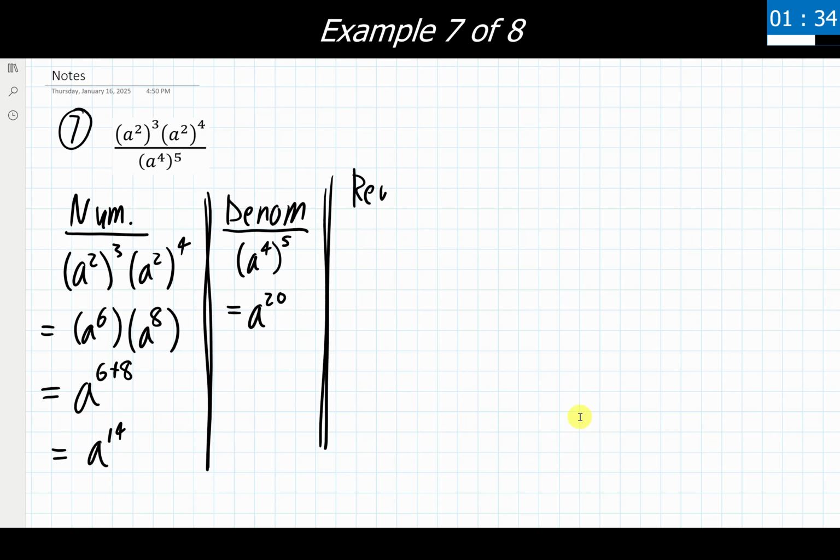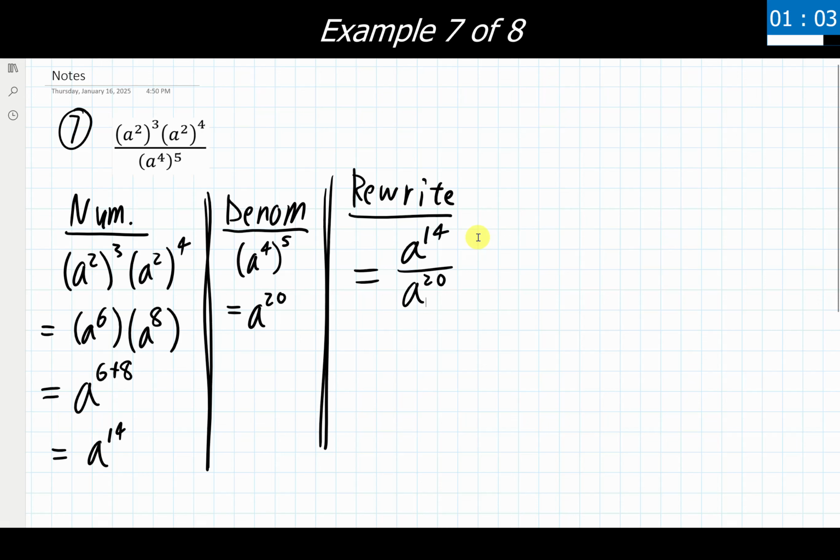And we'll just title this column as rewrite. So I'm now going to have a to the 14th power over a to the 20th power. Much nicer to look at, and I think it's much nicer and easier to keep track of what we're doing along the way. Otherwise, you're kind of applying the power rule here, kind of applying the power rule here. Am I applying quotient rule yet or no, or all that? It can be an absolute mess if we're trying to do it all at once.